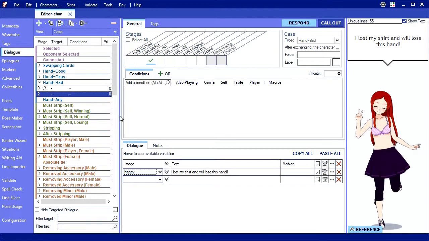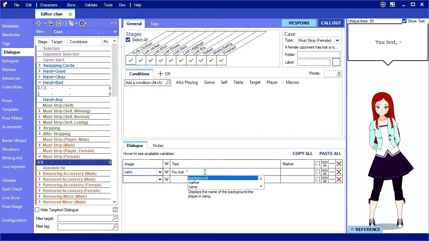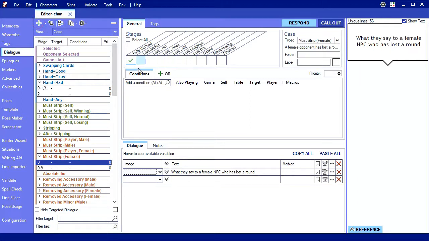First, I'm going to fill out the generic lines for my must strip female case. These squiggly marks denote a variable. During the game, they will be replaced with the name of the player who must strip. This lets you write dialogue without knowing who exactly the opponent is. Other variables are available, which you can see by hovering over this area. Now I'll add a new must strip case by clicking the add button, while my other must strip case is